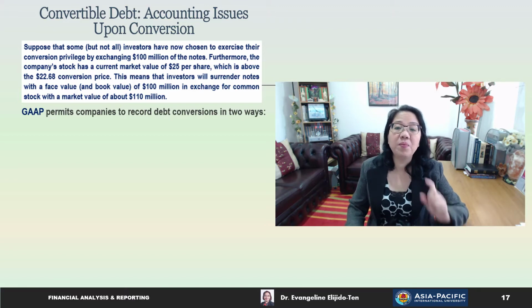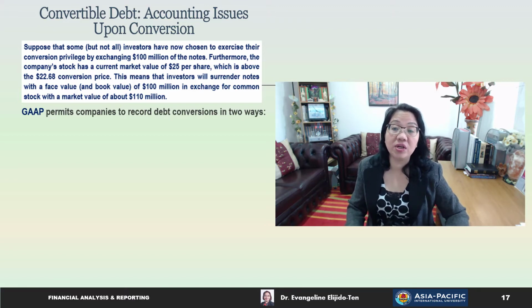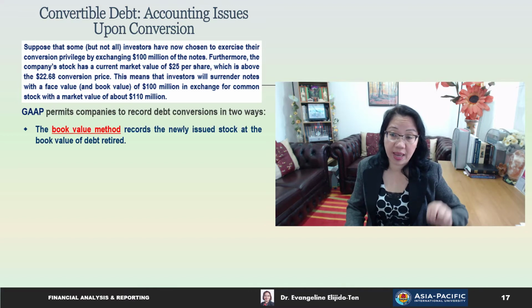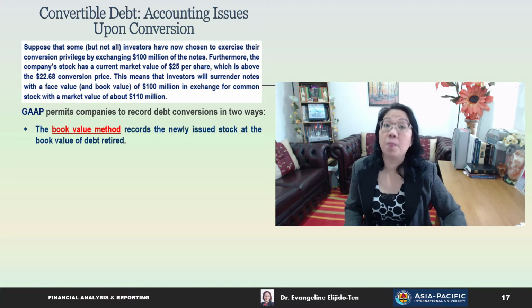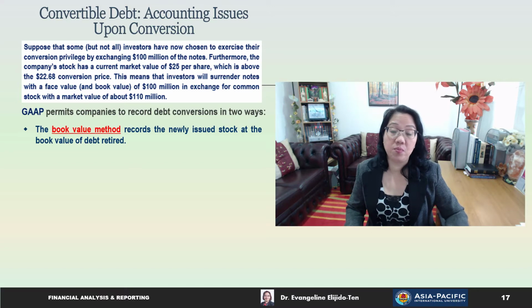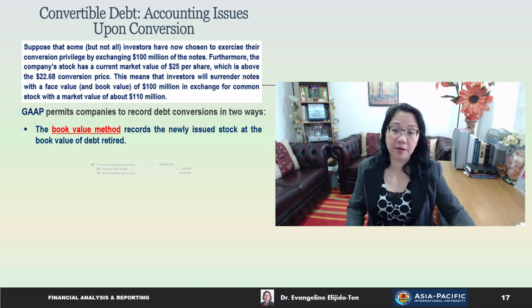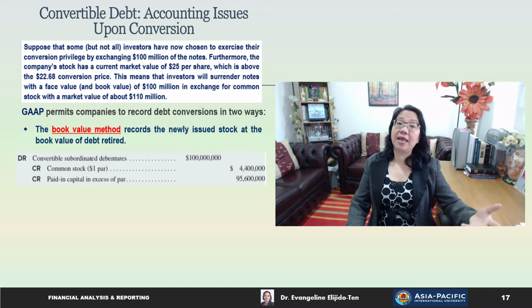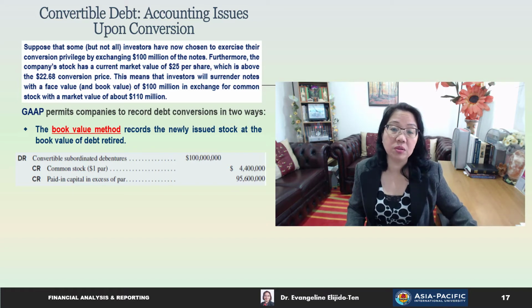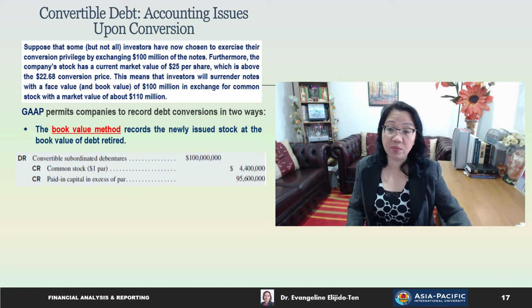So GAAP permits companies to record debt conversions in two ways. Let's look at the first method. The book value method will record the newly issued stock at the book value of the debt retired. So here, the journal entry would be to debit convertible subordinated debentures for $100 million and credit common stock. At $1 par value, the value of the stocks would be